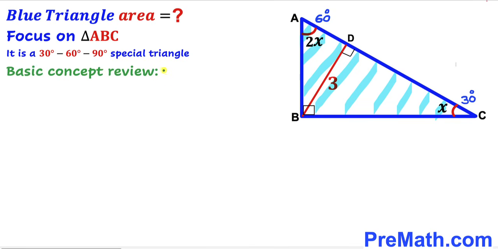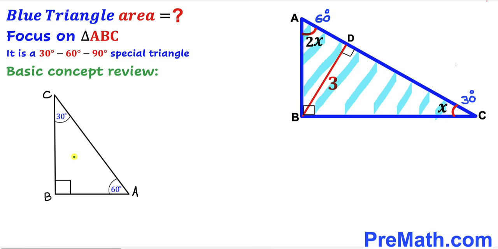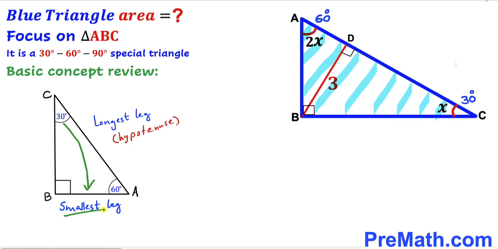Before we proceed any further, let me go over the basic concept review. And now let's focus on this special 30, 60, 90 triangle ABC. And now let's make an observation. We can see 30 degrees is our smallest angle, whereas this 90 degrees angle is our largest angle. So therefore we could see that the side opposite to this smallest angle is going to be our smallest leg, whereas the side opposite to this largest angle is going to be our longest leg, and this side is also